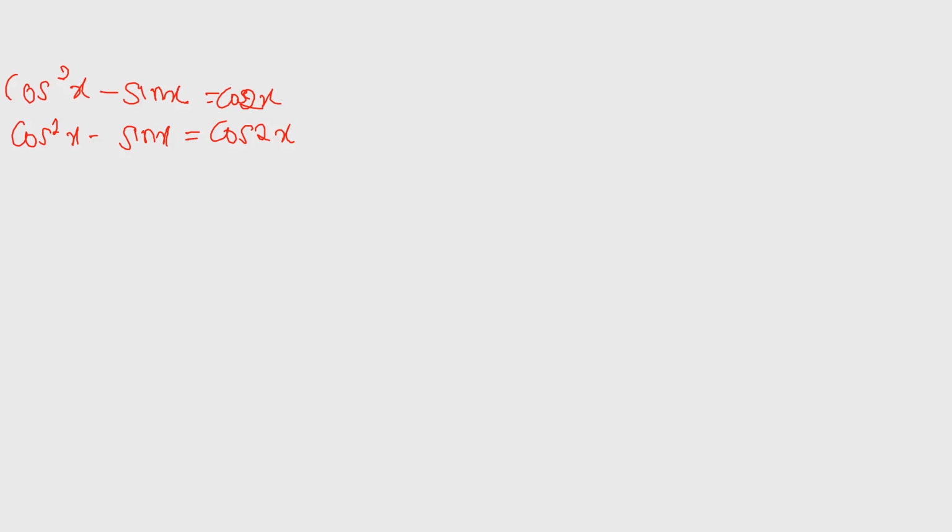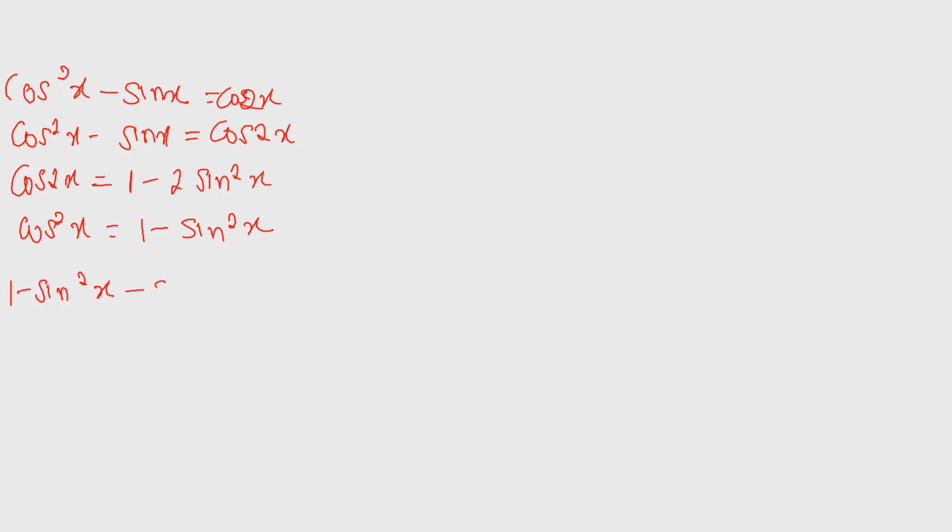So in order for you to do that, the first thing you will do is remember that cos 2x is the same as 1 minus 2 sine square x, and cos square x is equal to 1 minus sine square x. So you can put two of these inside this equation. So instead of your cos square x, you're going to have 1 minus sine square x minus sine x,